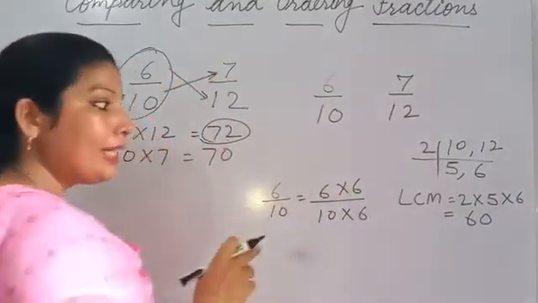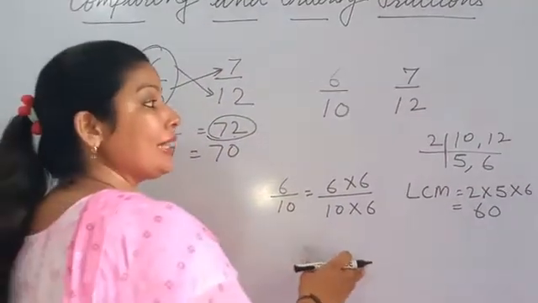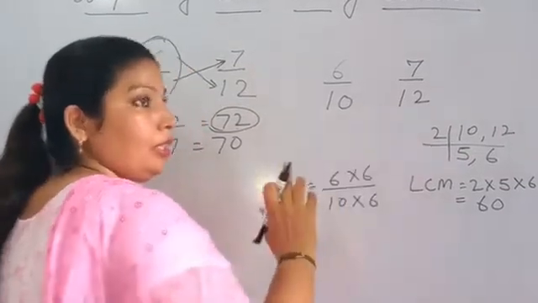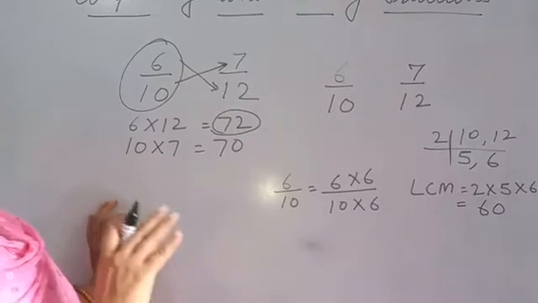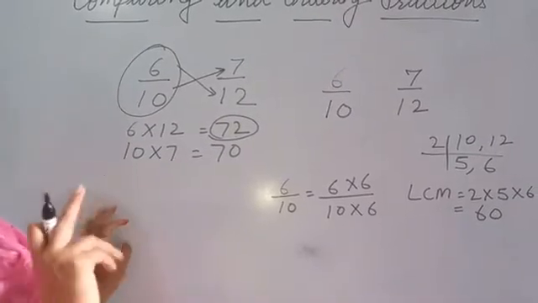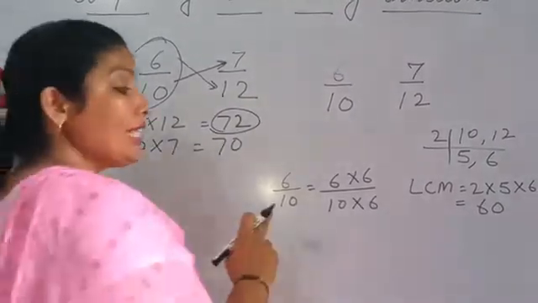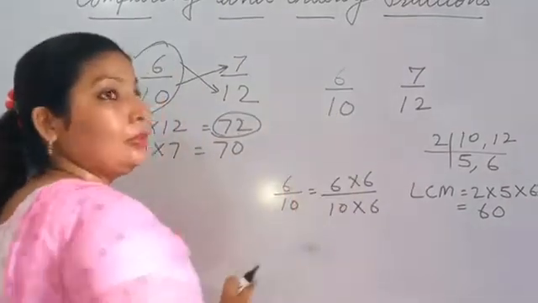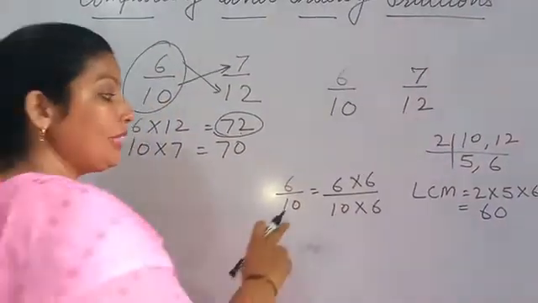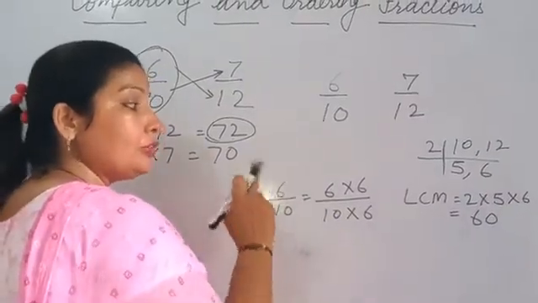Why are we multiplying and why are we changing? For making them like fractions. When they are like, we can compare easily. जब डिनोमिनेटर हमारा सेम होगा तो ओनली न्यूमरेटर से हम उसको कंपेयर कर लेंगे. अब ऐसा नहीं है कि हम सिर्फ डिनोमिनेटर को हम 60 बना दें, न्यूमरेटर 6 ही रहेगा. No, that will be wrong. When we are changing the denominator, we should change the numerator also.